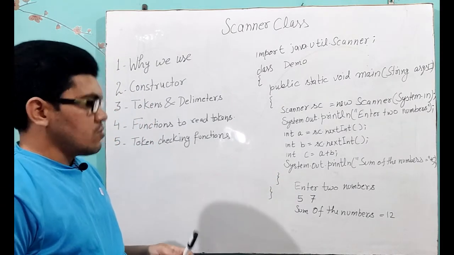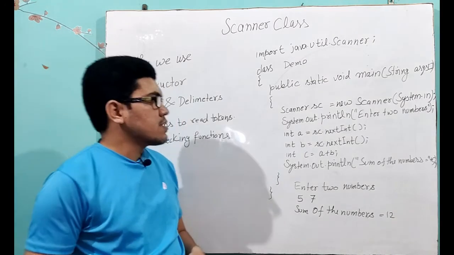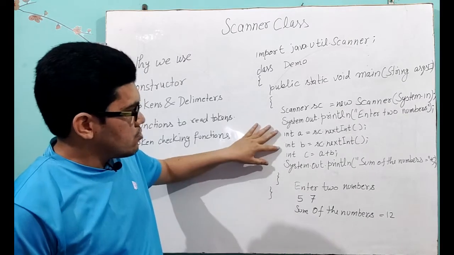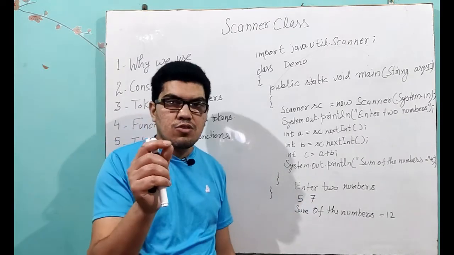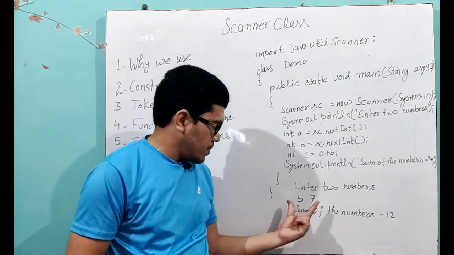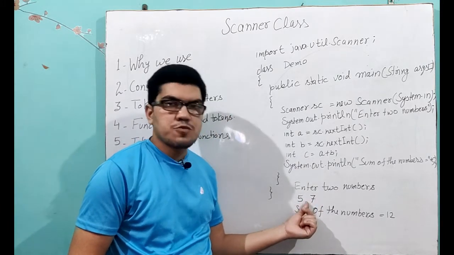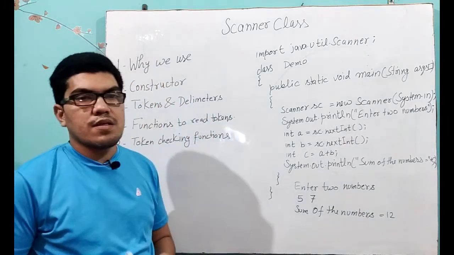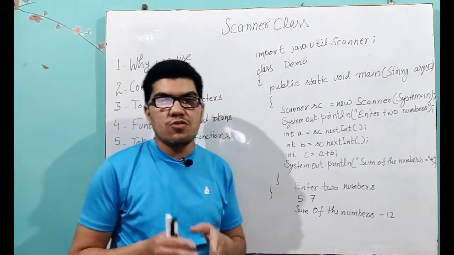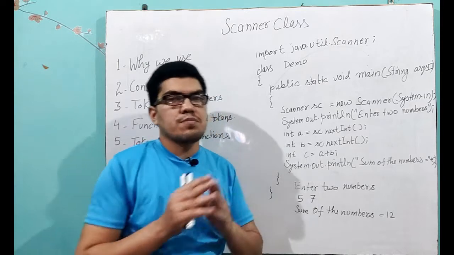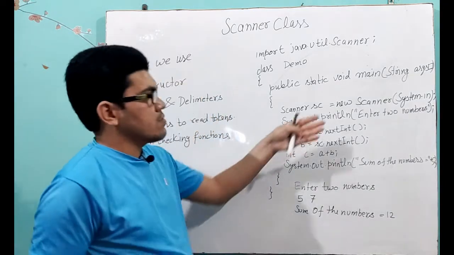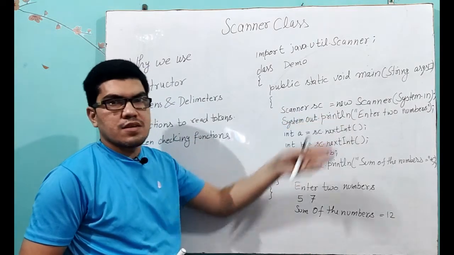Okay students, now you have to remember one more thing: here I have taken two values in a single line. If you are going to do so, you have to leave a space between two tokens. Now there may be some situation where you want to enter the first number first, then the second number. Then what you have to do, I am modifying something in this.